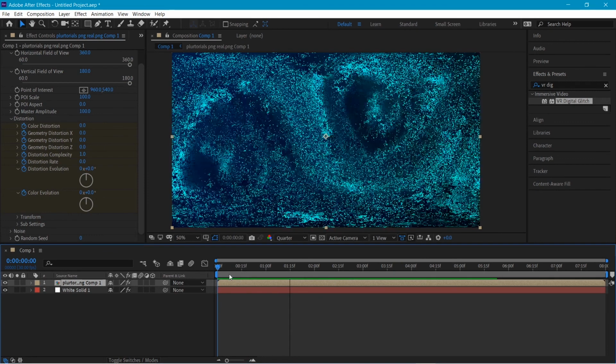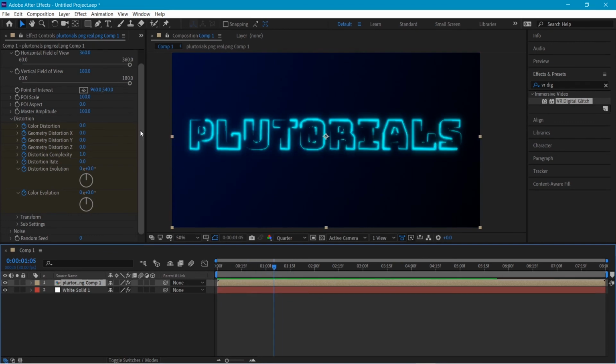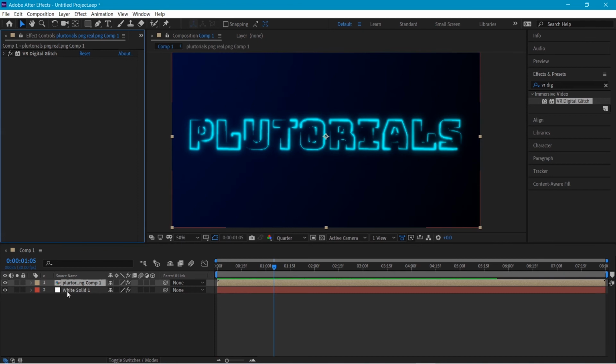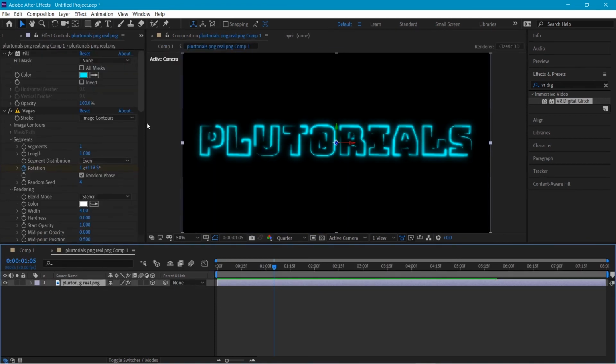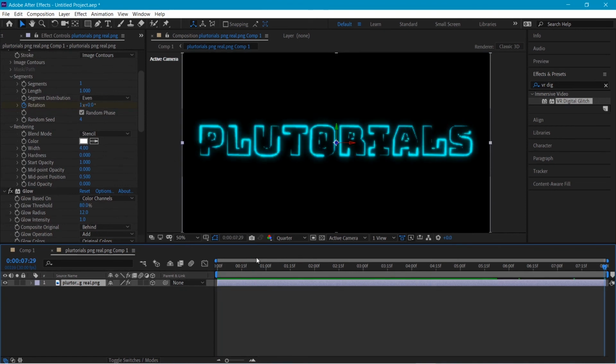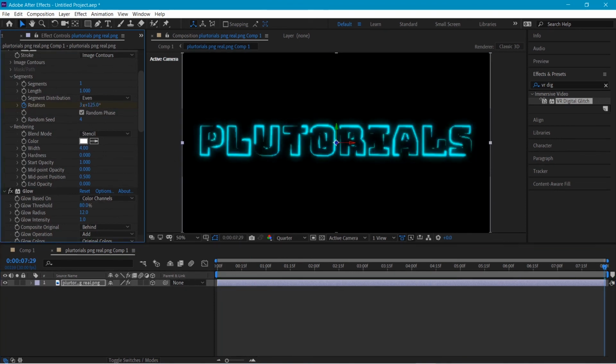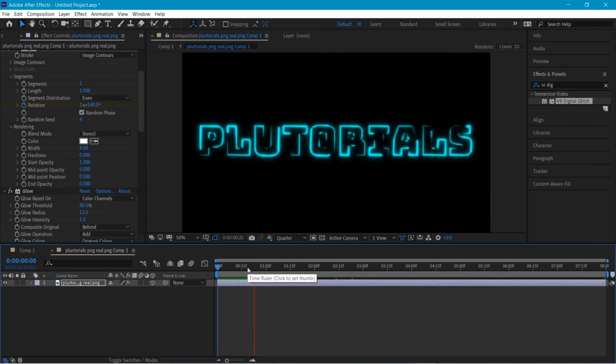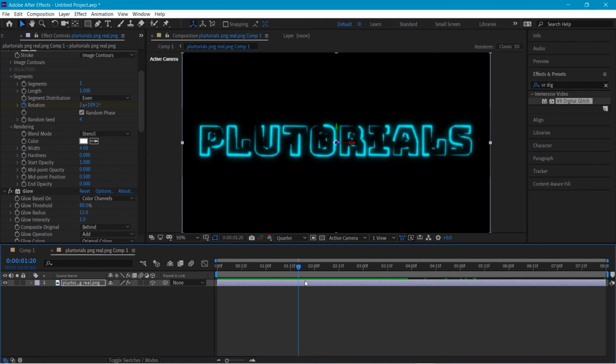I think it's a bit slow. The moving part of it is a bit slow. So what we can do is go inside, click on it, and for the stroke, go all the way back to the end and animate it more. See? And that's how you can play with it and choose whatever you like.